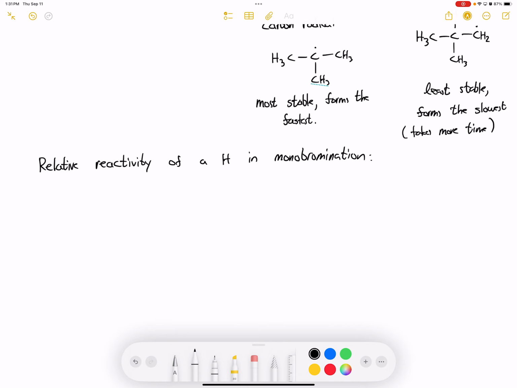All right. So we have tertiary, secondary, and primary. Primary is always going to be 1. Secondary is 80 times as fast, but tertiary is 1,700 times as fast. So that is going to win out if you have a battle with primary, and most often, if you compare tertiary to secondary, that will also win out because it's almost,